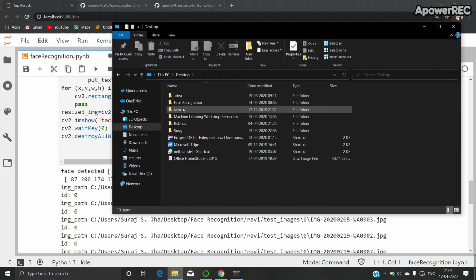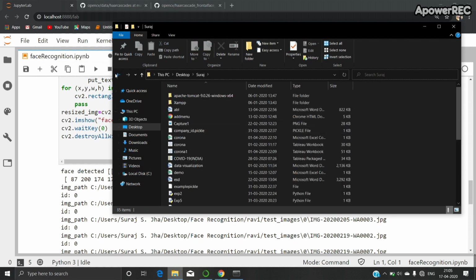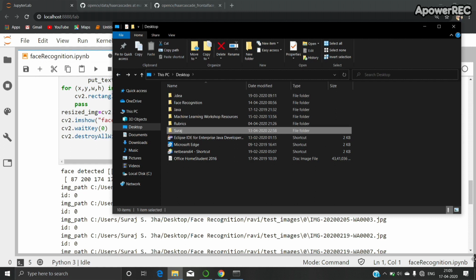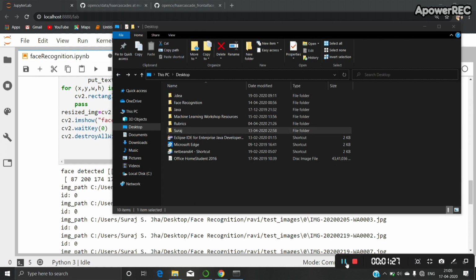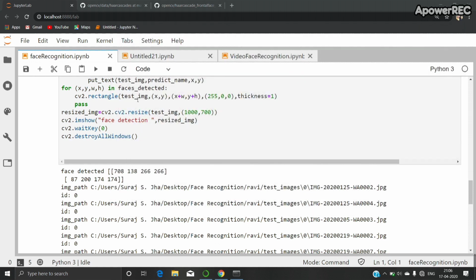The only change from the previous file is that a training data.yml file is created where all your training data is managed. When you pass this, you can see that different images are recognized on the basis of that and different faces are detected. Let me pass these images where it can predict my image.